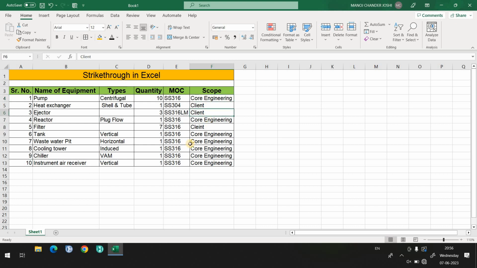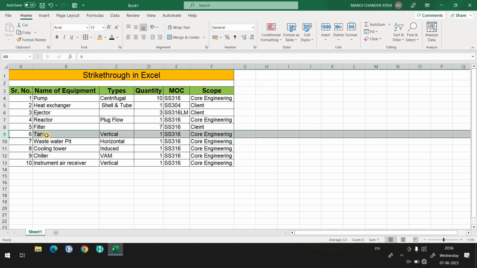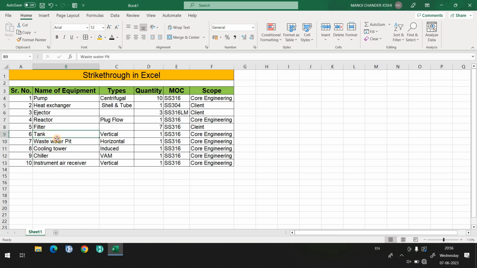Now just assume that in a kickoff meeting or in any meeting, we feel that the requirement of this tank is no more. So you have already released this data sheet, or you want to keep in mind that earlier this tank was in your scope, and after the meeting this tank was removed.